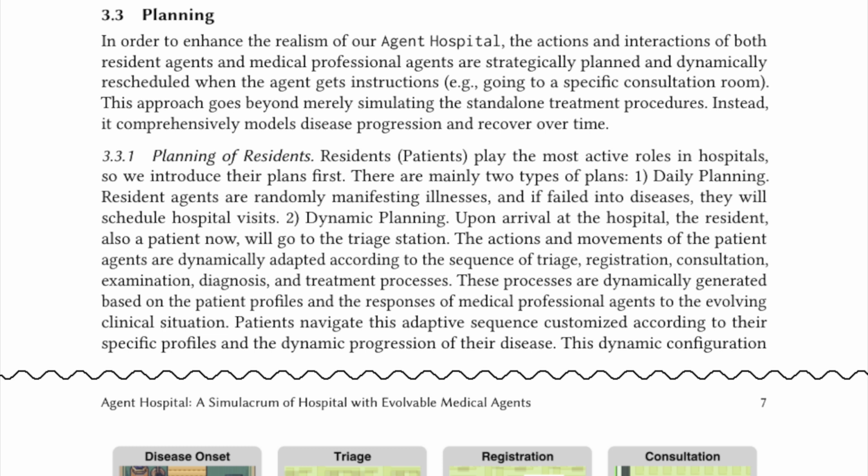Upon arrival at the hospital, the resident, also a patient now, will go to the triage station. The actions and movements of the patient agents are dynamically adapted according to the sequence of triage, registration, consultation, examination, diagnosis, and treatment processes. These processes are dynamically generated based on the patient profiles and the responses of medical professional agents to the evolving clinical situation.